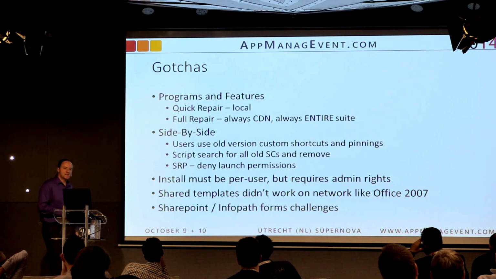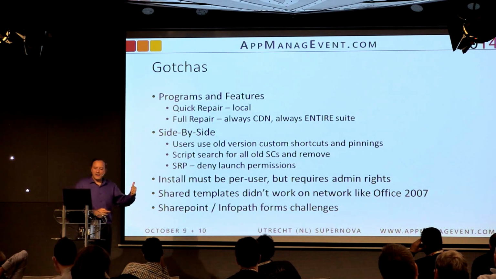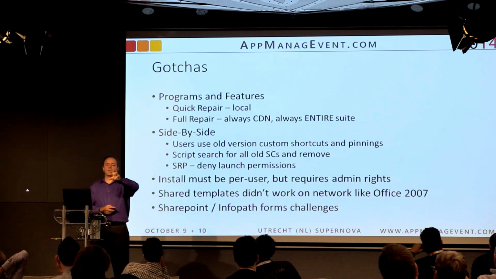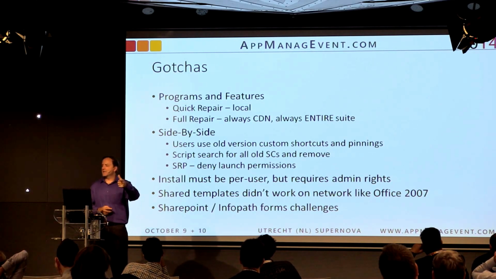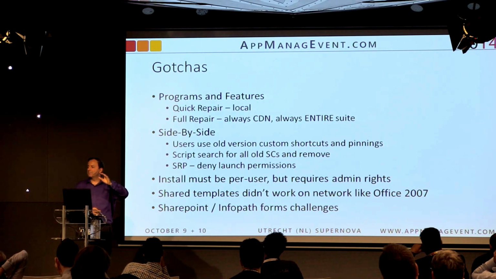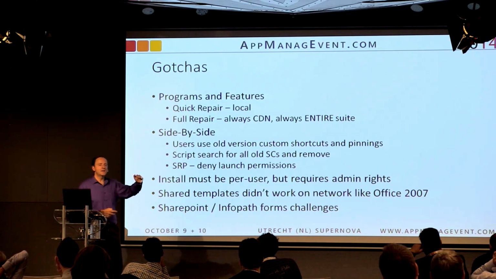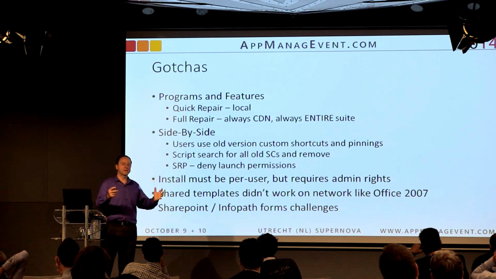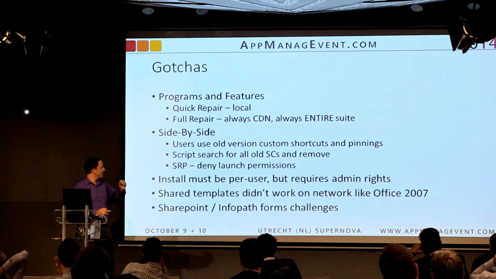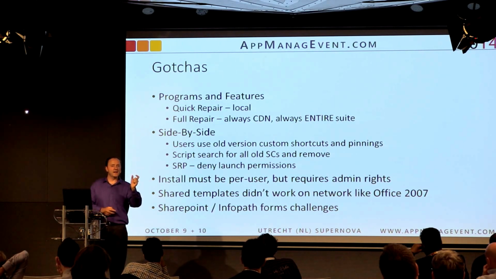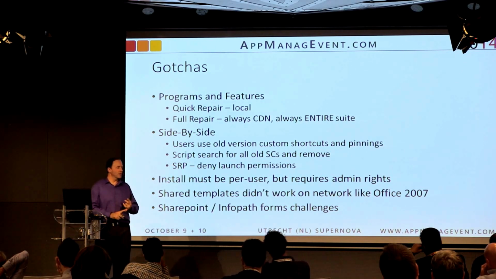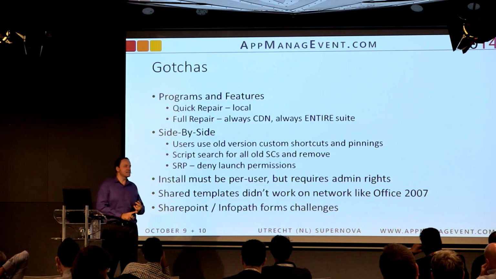If you go in side-by-side mode, some downsides are users end up having pinnings for the old Outlook or the old Word. They use that right away because you didn't clean it up. And when they use that, they end up causing 2007 to self-heal, and then it takes over on some stuff and creates a mixed mess. Some things you can do: the Office scrub scripts, the VBSs, have the ability to clean up all the shortcuts, scan everywhere for them. It uses the Win32 shortcut WMI class, which is very fast.